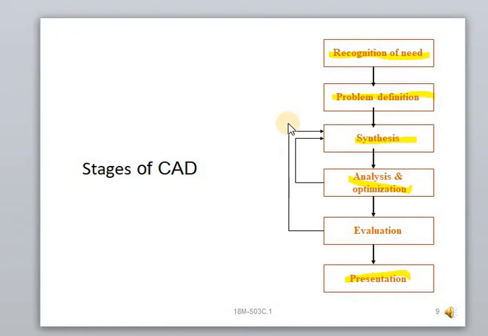Next one, automated drafting. Automated drafting involves the creation of hard copy engineering drawings directly from the CAD database. In some early computer-aided design departments, automation of the drafting process was presented as a principal justification for investing in the CAD system. Indeed, CAD systems can increase productivity in the drafting function by roughly 5 times over manual drafting.